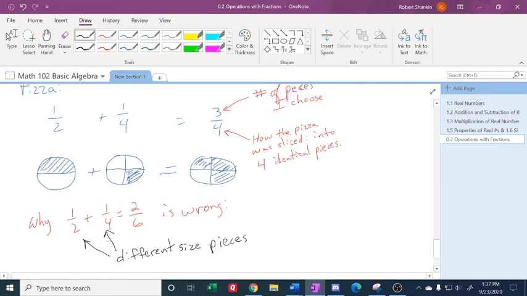You're adding one huge piece to one much smaller piece and then saying, oh, that's 2 pieces. Yeah, it's 2 pieces, but as far as a ratio of how much pizza I ate, it's all screwed up. Because these 6, 4 of them are tiny pieces, 2 of them are giant pieces. And then this is one small and one big, and then this ratio tells you nothing that's meaningful for us. We have to have same size pieces